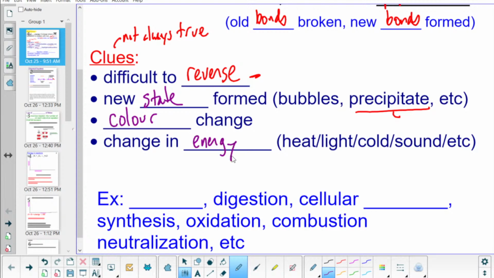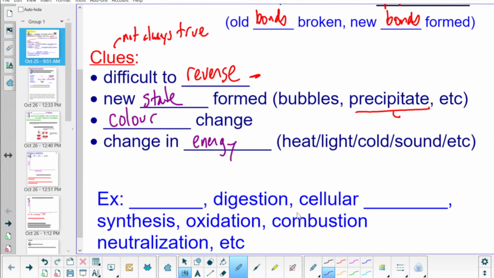Or a change in energy, and that's when we talk about temperature. Now, most of you have mentioned it getting warmer or heat being given off, but the opposite is also true. It won't be today, but I do have a demo of a spontaneous reaction that gets cold. Most reactions that change in temperature require a change. So cooking pancakes is clearly a chemical reaction. They change in color. They're definitely different from the batter you started off with. And you have to add heat. That is the same as sucking in heat. So they had to have a change in their energy in order for that to occur. It's an endothermic reaction.